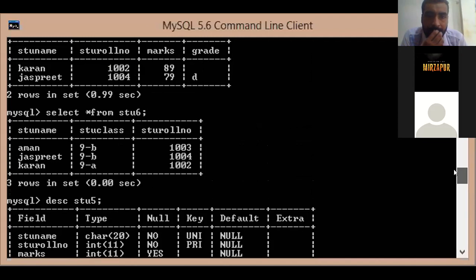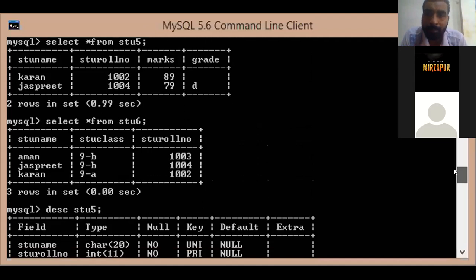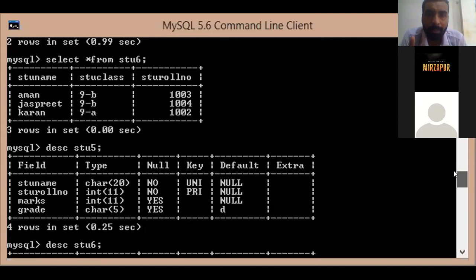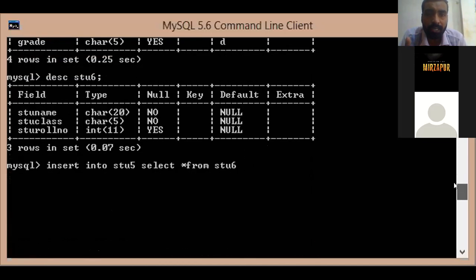In STU5, Aman is not there, right? So let us write Aman. Where STU roll number is equal to 1003.